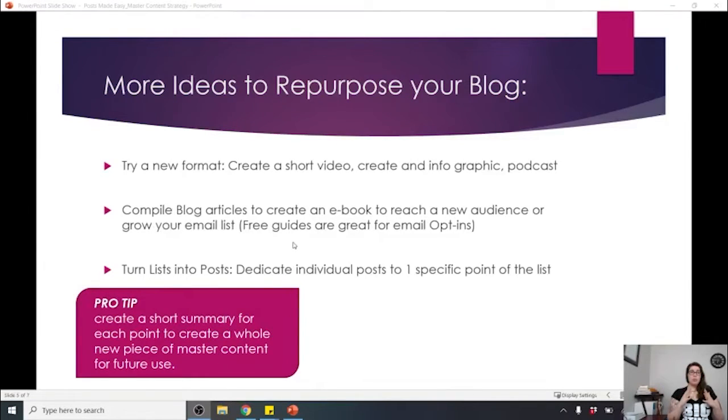If you have a whole history of blog posts and you haven't really utilized social media to promote them, you could create an ebook. Through self-publishing, you can put it online and people are then able to read it through Kobo or whatever. And what that does is reach yet another new audience. What's really great about this is that instead of an ebook, you could create a free guide and use either the ebook or the guide to create free opt-ins to grow your email list.